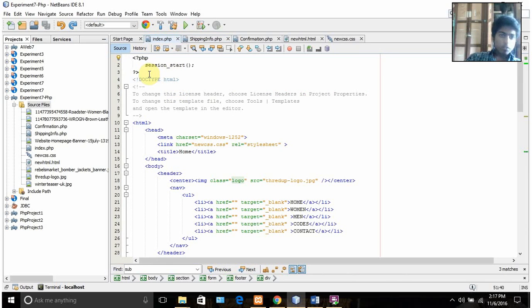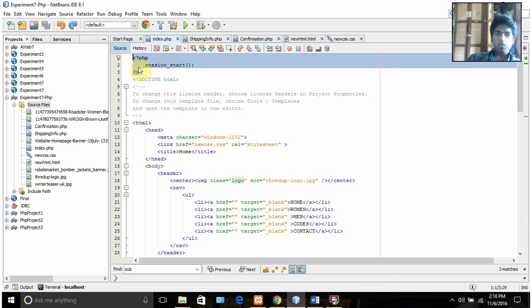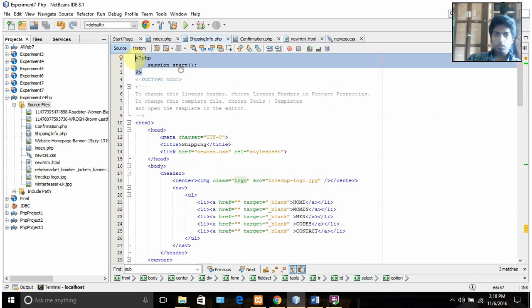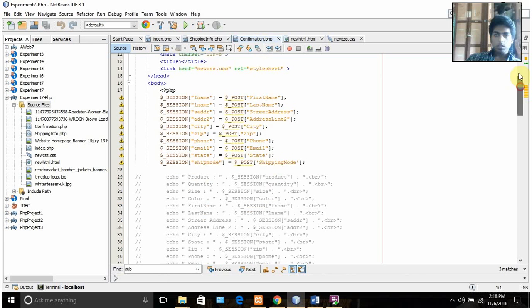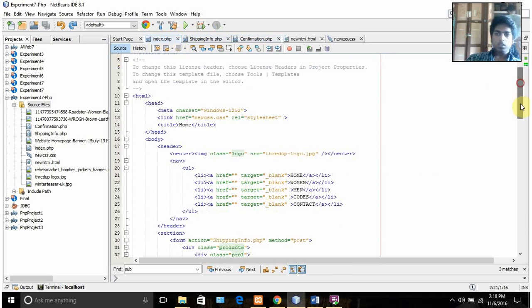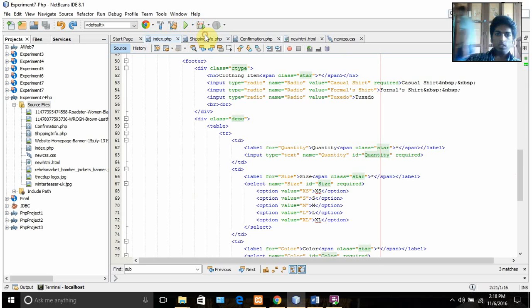In the first page itself, you can see the first part. I have written a function called session_start. Here a new session started. The same thing is done on every single page, all the 3 pages. You can see here we are starting a new session in every page, and in each page when you cross the session,